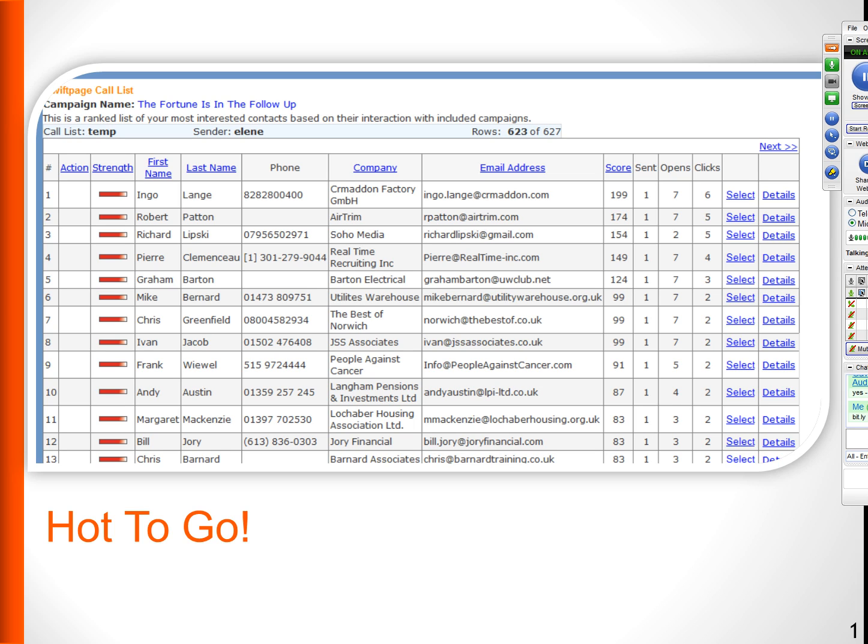Now, this is a screenshot of a call list, which is an extra service. You don't get this with the basic standard Swiftpage, but with this call list, it will calculate all the contacts that are most likely to want to buy your products and services, the ones that are hot, warm and mild, I think they call it. The ones to focus on are the hot ones, the ones that have opened lots of times and clicked on your links. This is an example of one that I sent out just recently, and at least 3 of the people on that list did sign up for one of my webinars, so it does work. These call lists do work.